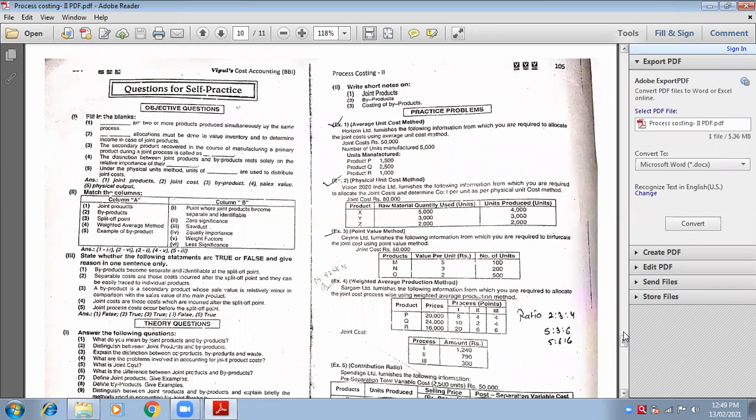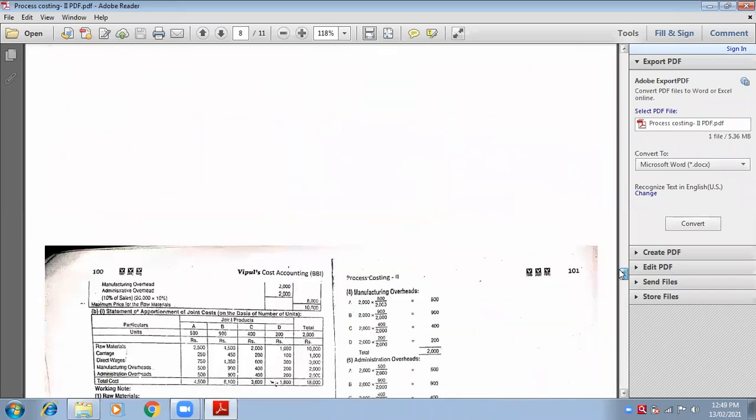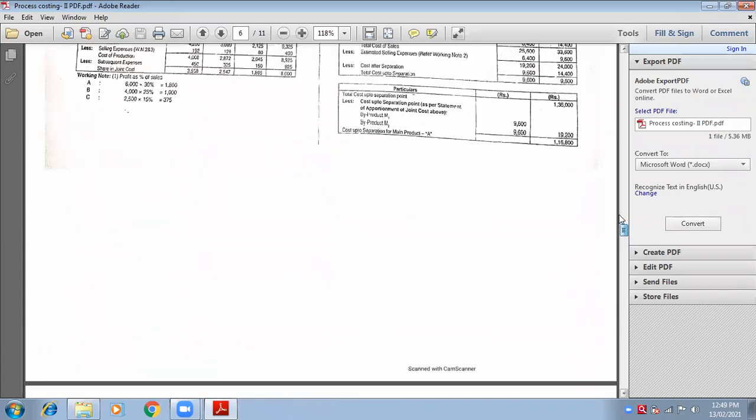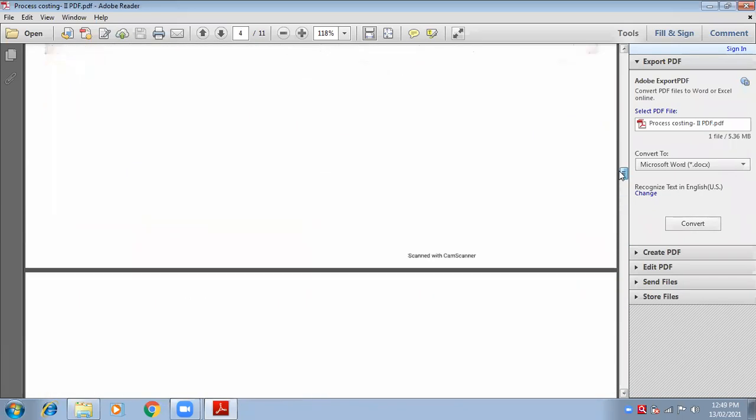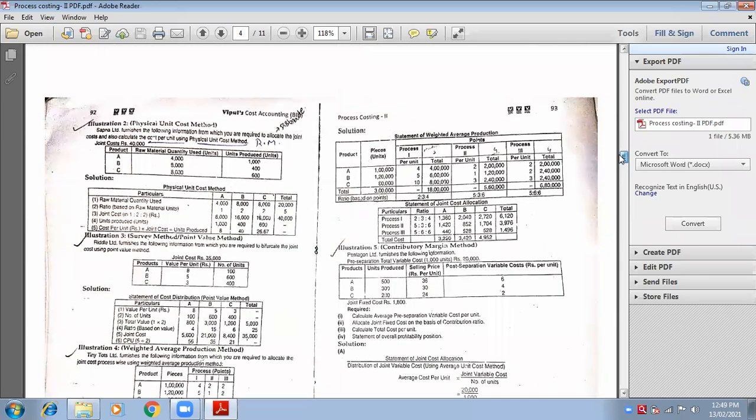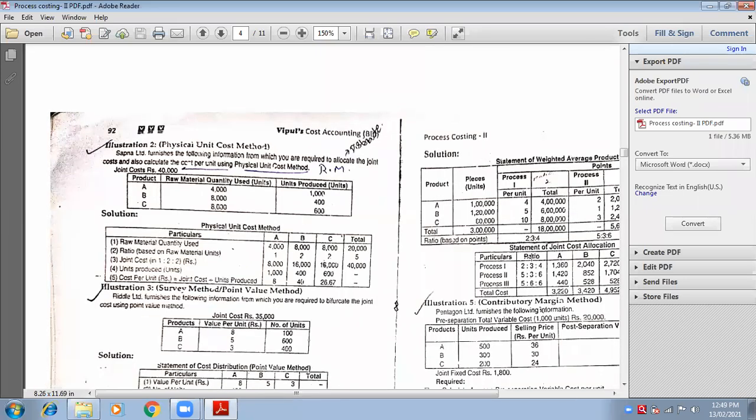Now let us quickly begin with the third method, which is point value method. We have one more method known as weighted average method, which is a part of average method only. But before that we will do point value method. Now what do you mean by point value? Point value means,